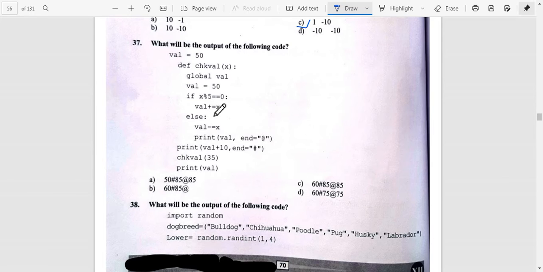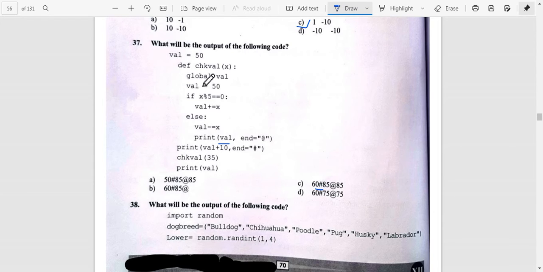So yeah, you can see that 50 plus 10, so the first time the value printed will be 60, and then again 50 plus 35, 85.